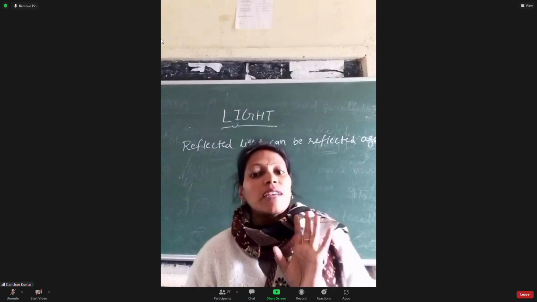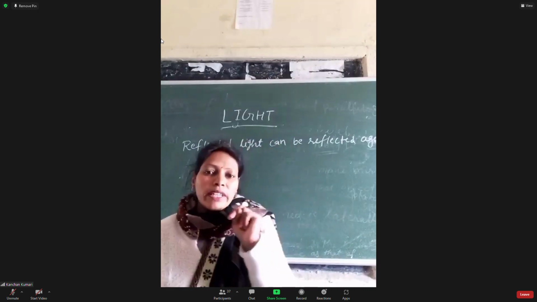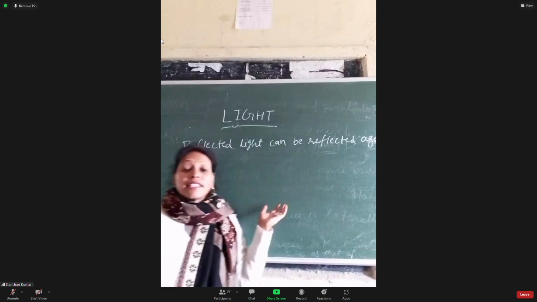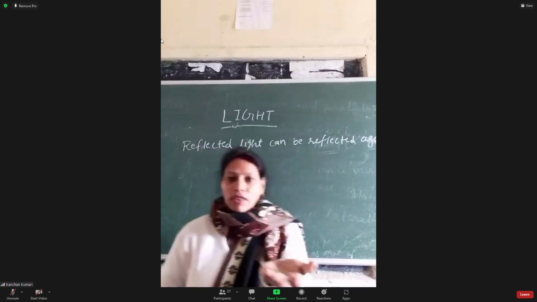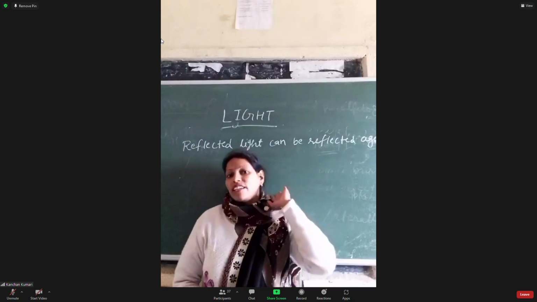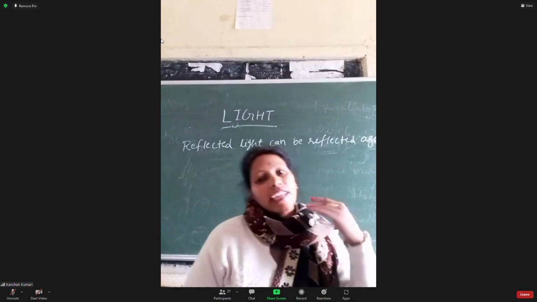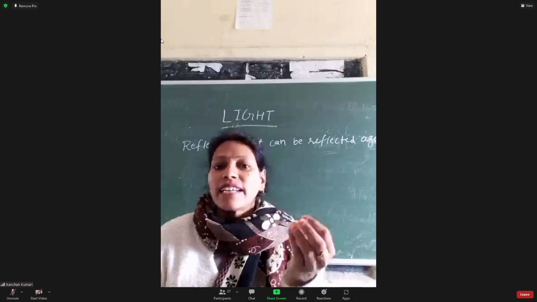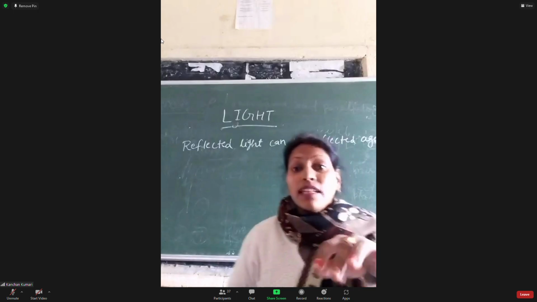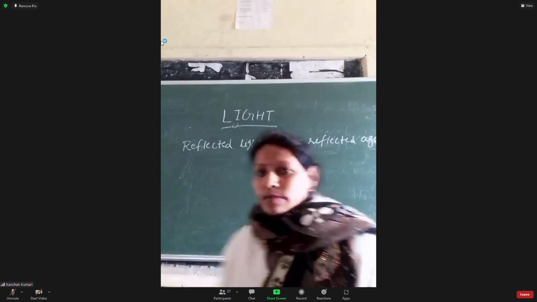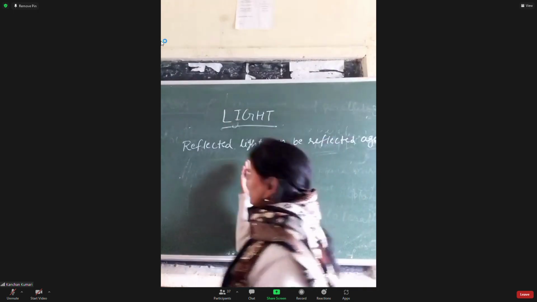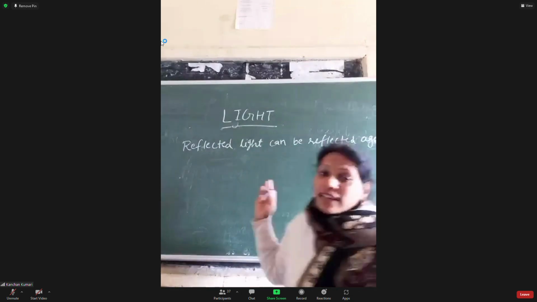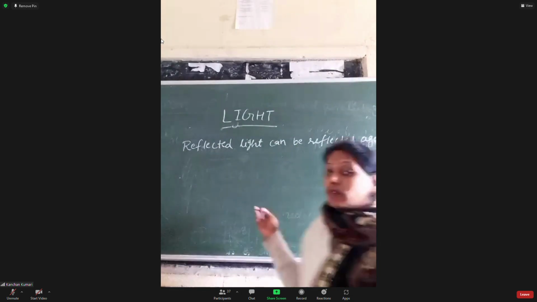You must have seen that there are two mirrors placed in salons, one in front and one at the back. The back side of our body, the back haircut, can be seen in the front mirror. It means that the reflected ray can be reflected again. Now, on the same phenomenon, that a reflected ray can be reflected again,